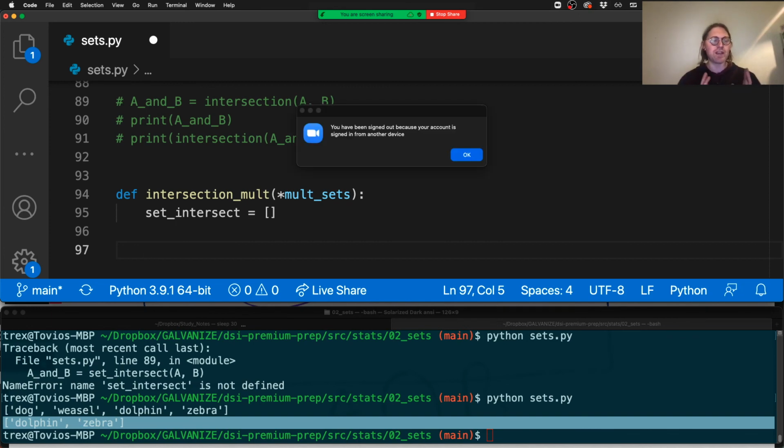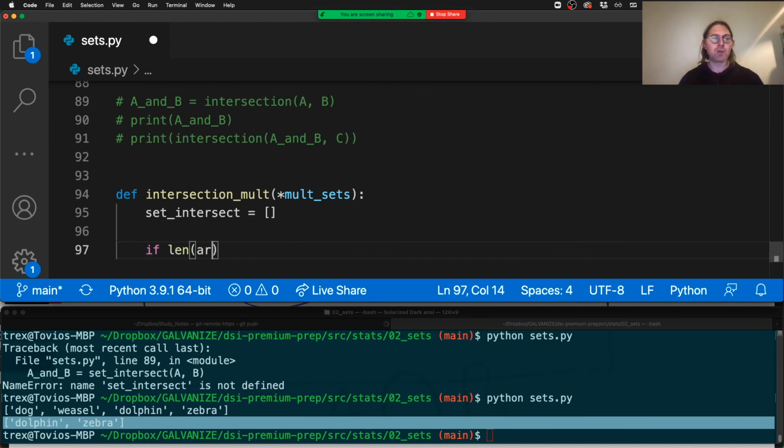Otherwise, if we try to intersect something essentially with itself, it's just going to return itself. So the first thing I'm going to check is the length of args. I'm going to make sure that we have more than one thing coming in. And if we do have more than one thing coming in,